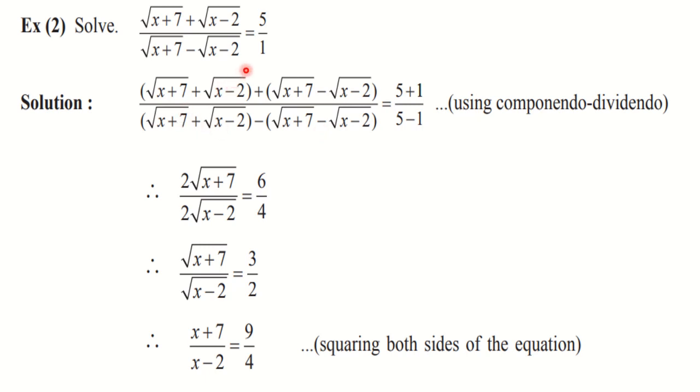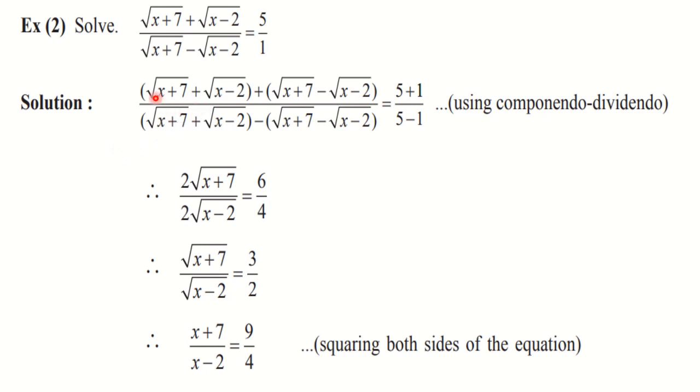So you can see here plus square root of x minus 2 and minus square root of x minus 2, they will get cancelled with each other. Similarly in the denominator, square root of x plus 7 and minus square root of x plus 7, they will get cancelled. The second term will not get cancelled even though you can see plus and minus sign here. The outside minus sign is there, and because of that this minus and this minus is going to become plus. So the second term will not get cancelled in the denominator. What to keep in mind? Second term is getting cancelled in the numerator and first term is getting cancelled in the denominator.